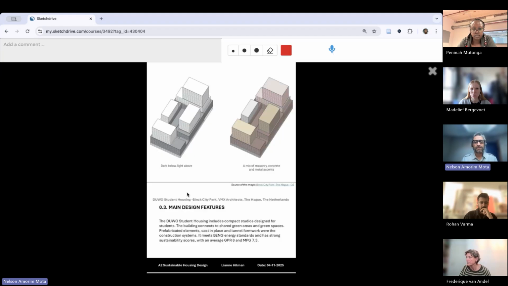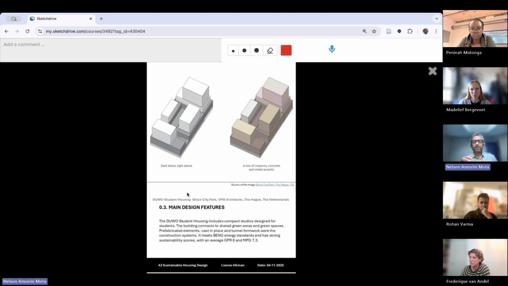And you see, I like very much what Lian uploaded in this diagram, which is in the page dedicated to the main design features. Because with this diagram, we can also unpack or decode the qualities of that project. As all of you know, the name of this MOOC is Sustainable Housing Design. So the design component is very important for us, because as we teach design and housing design in particular, it's also interesting to see which design aspects make this project potentially an illustration of a sustainable